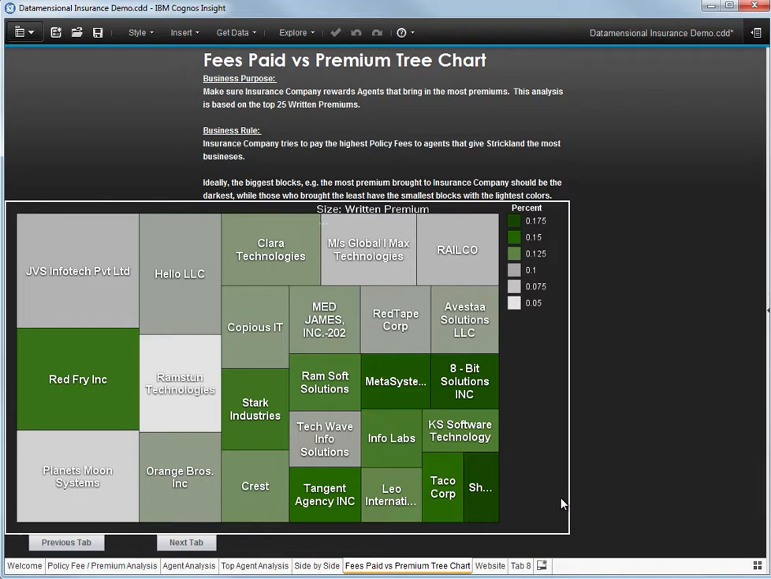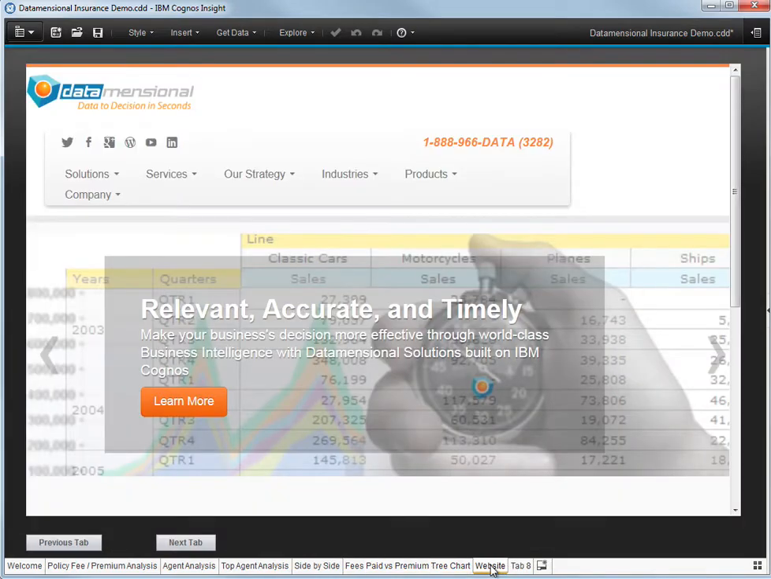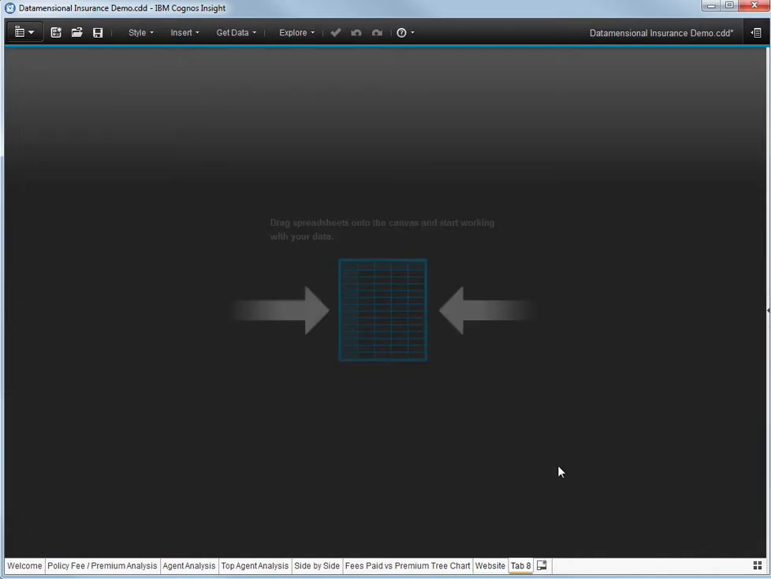Let's say I want to see it by state instead. I could do that. Also, I can embed a website. Here we've got Datamensional's website embedded. You can certainly do that, and put anything you want in there as far as a website. But I also want to show you really quickly, once you have something set up, how easy it is to